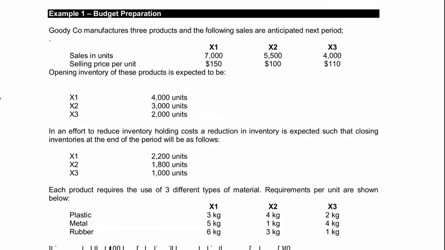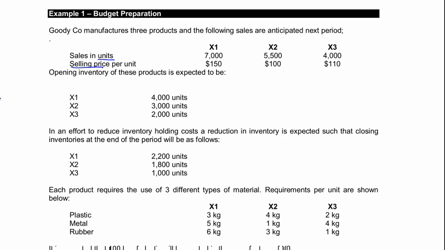This is quite a comprehensive example, but it will go through all of the things you then need to be able to do on your budget process. So we've got a question here called Goody Co. So we're told here that Goody Co manufactures 3 products and the following sales are anticipated next period. So we've got information on how many units are being expected to be sold, what the selling price per unit is. We're then told what opening inventory is going to be